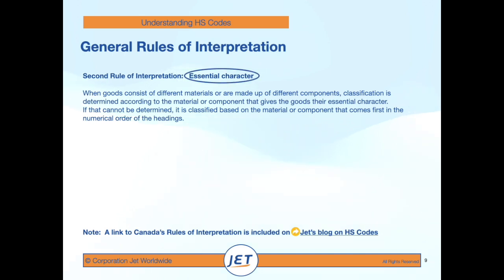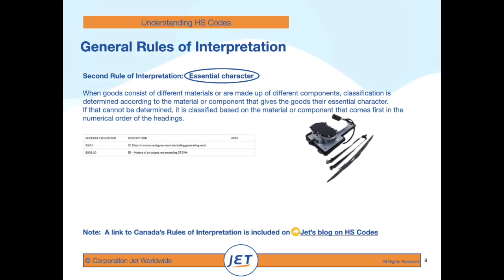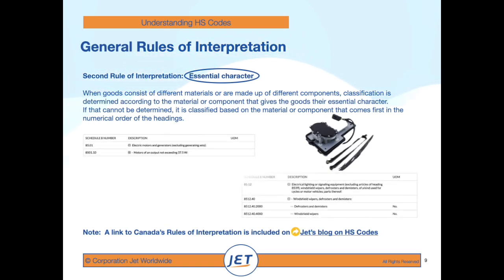The second rule refers to the essential character of the goods. When goods consist of different materials or made up of different components, classification is determined according to the material or component that gives the goods their essential character. If that cannot be determined, the classification is based on the material or component that comes first in the numerical order of the headings. Taking the previous example of the electric motor. Say this motor is shipping as part of a windshield wiper system. Its essential character would no longer be a motor, but a windshield wiper system, and thus not 8501.10, but